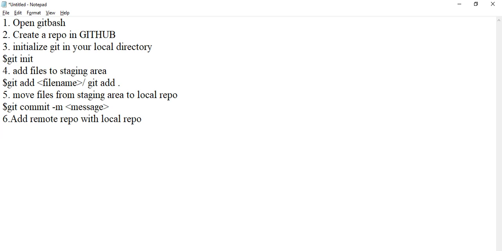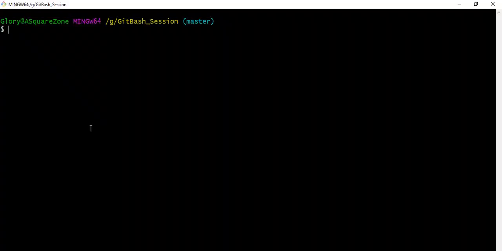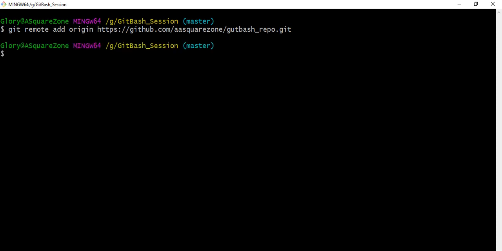So for this we need to execute the command git remote add origin followed by the remote repository URL we have to provide. So here, git remote add origin and the remote repository URL we already copied. So I'm going to execute this command now. So it's already mapped with local repo.